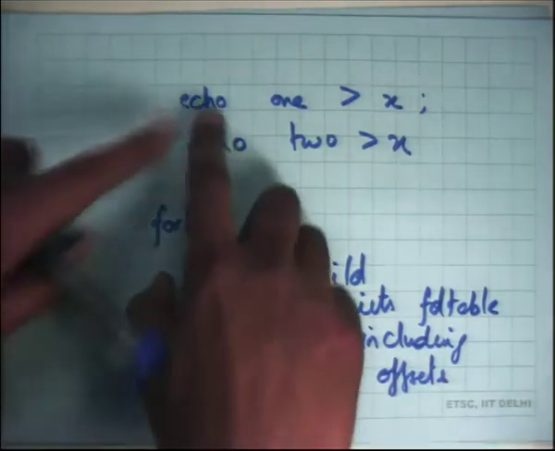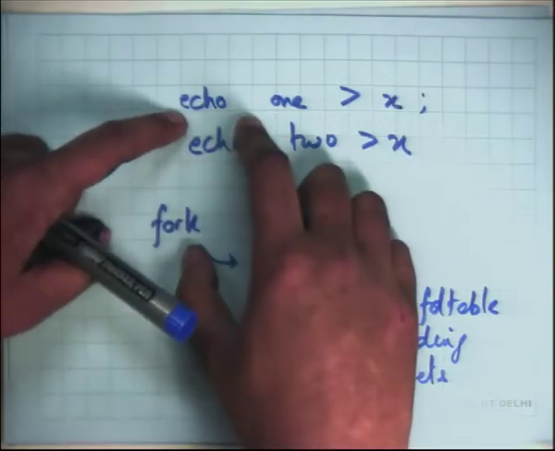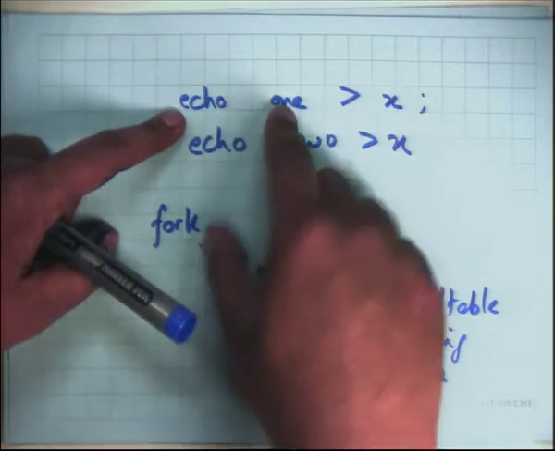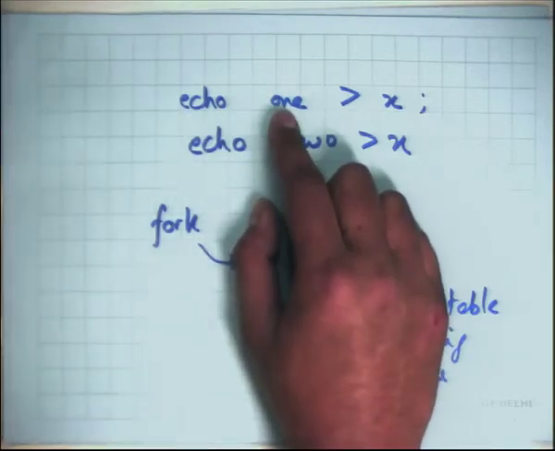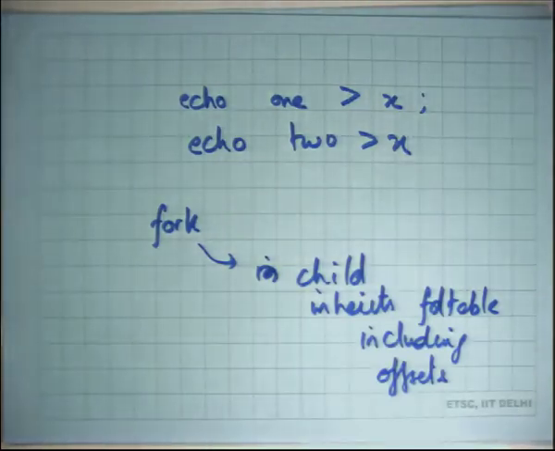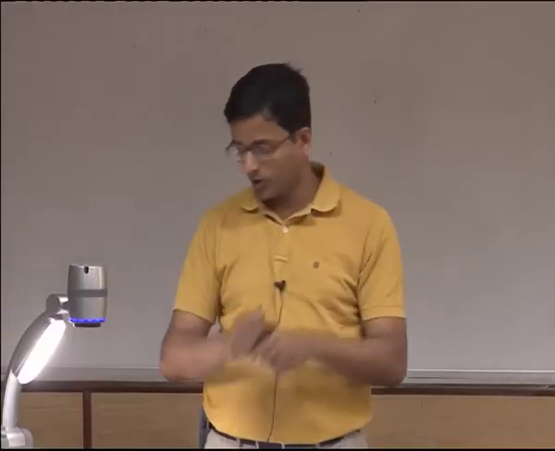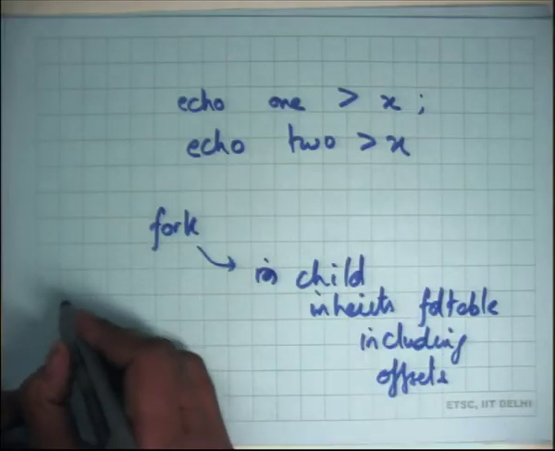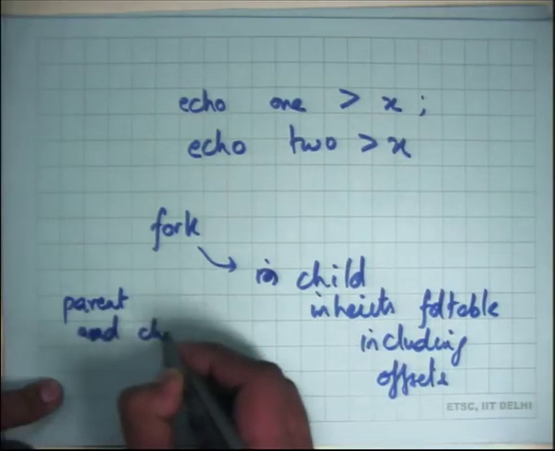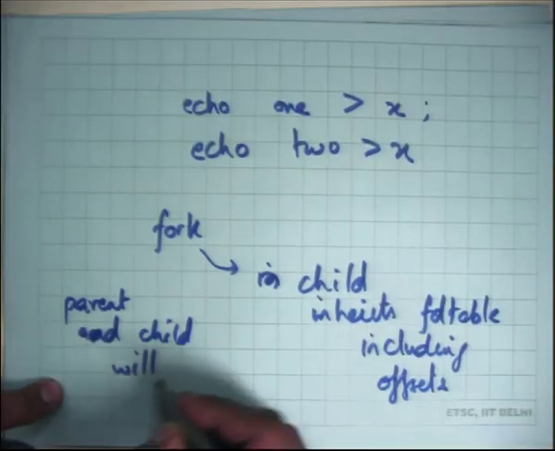So in this case the parent is going to fork a process which is going to execute the command echo. Echo is an executable, and it's going to write something to the file. When it writes to the file, because the offset was implicit and was shared between the parent and the child, the parent and child will share the offset,